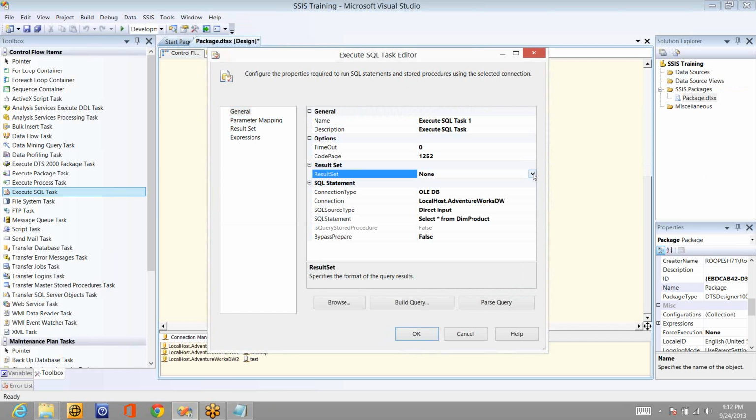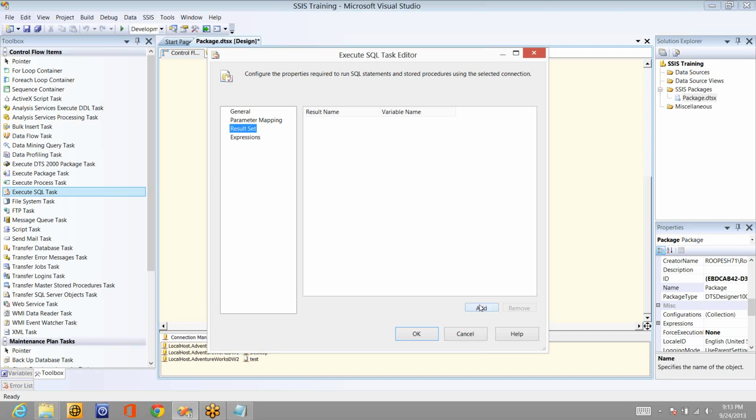None means you're telling the server that it will not return anything. It will not retrieve any output. And if you set it to single row, that means you will get one single row. If you set it to full result set, that means you're going to return more than one row. And XML means the return set is XML, the rarest case which you people use. So in our case, it is going to return a full result set. So now I've set it to full result set. And if you go here, now you can see this is enabled. If I click on add,